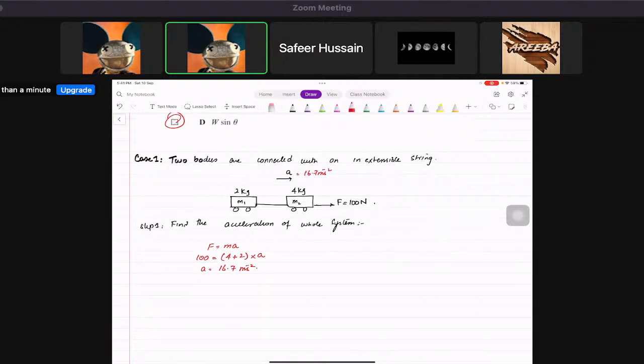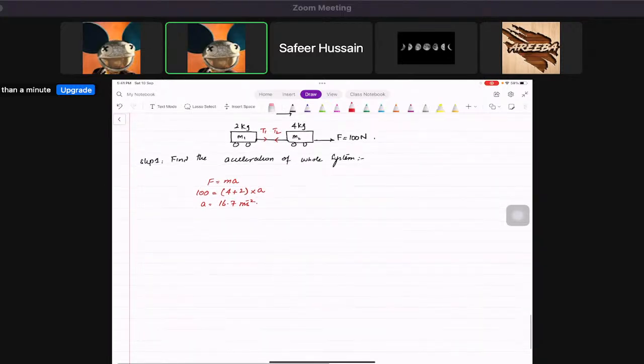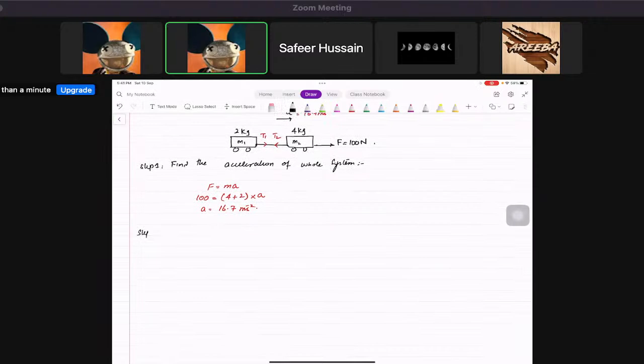Now, suppose they want us to find the tension. So M1 is pulling with T1 and this is pulling with T2. So we do step 2, and what you're going to do is exclude the first body and apply F equals ma. Now, if I exclude this whole system, from this center, so if I just exclude the first body,